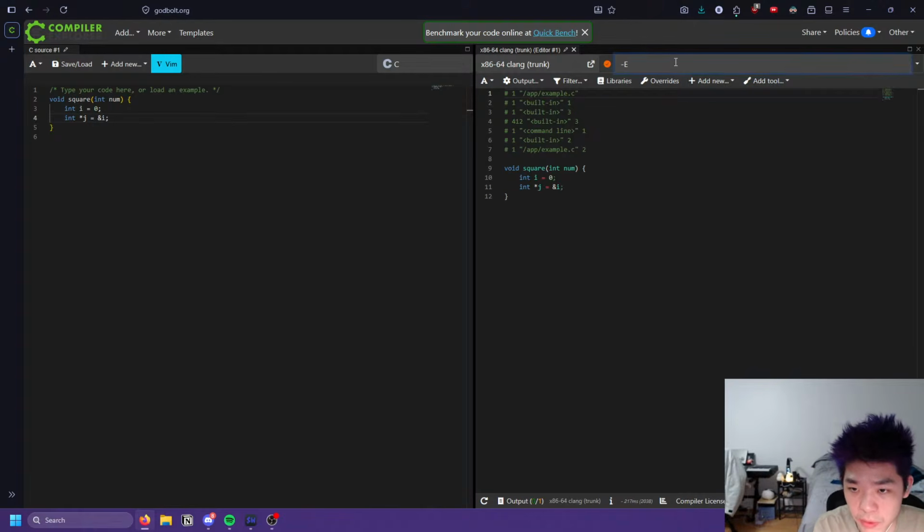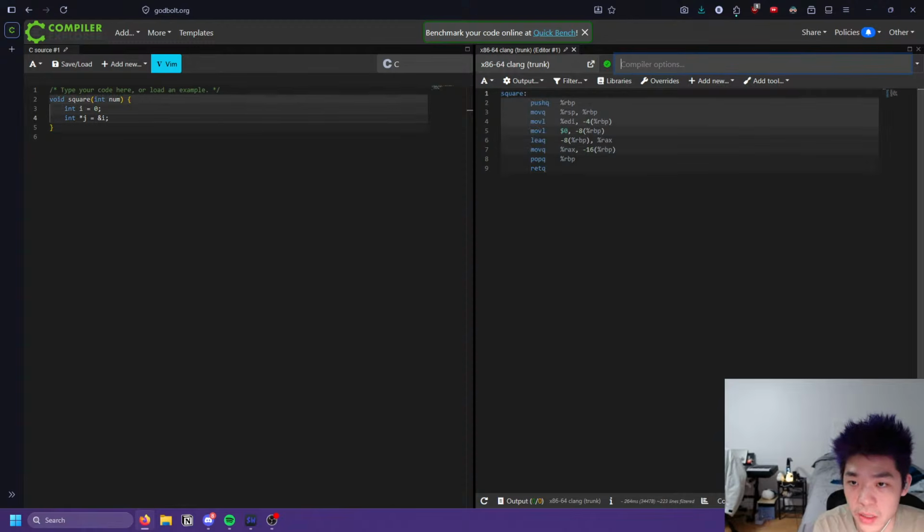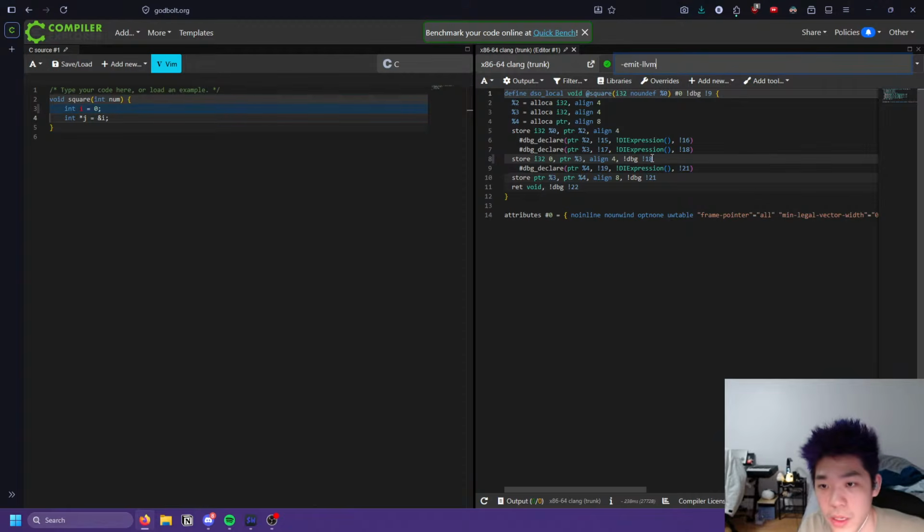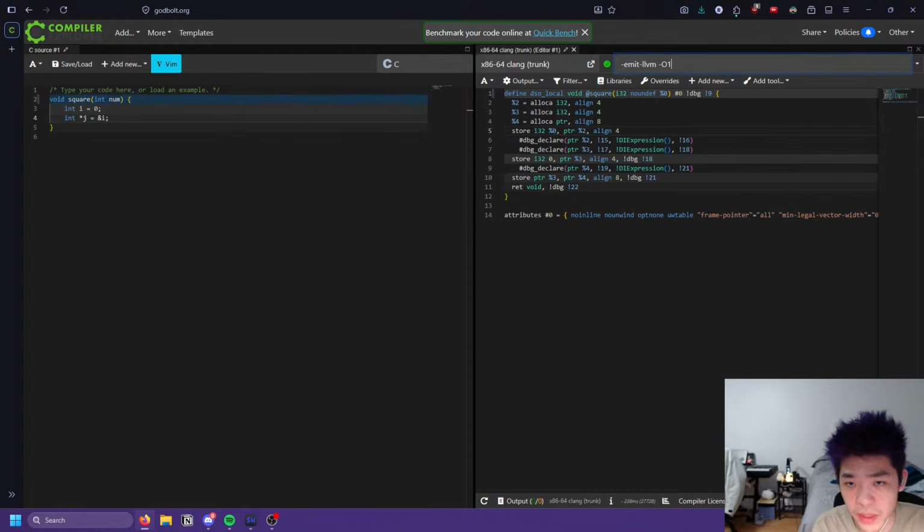Oh, this is just the preprocessor, so let's get rid of that. Emit LLVM? Yeah, okay. And then we can -O1 it maybe? I don't know.